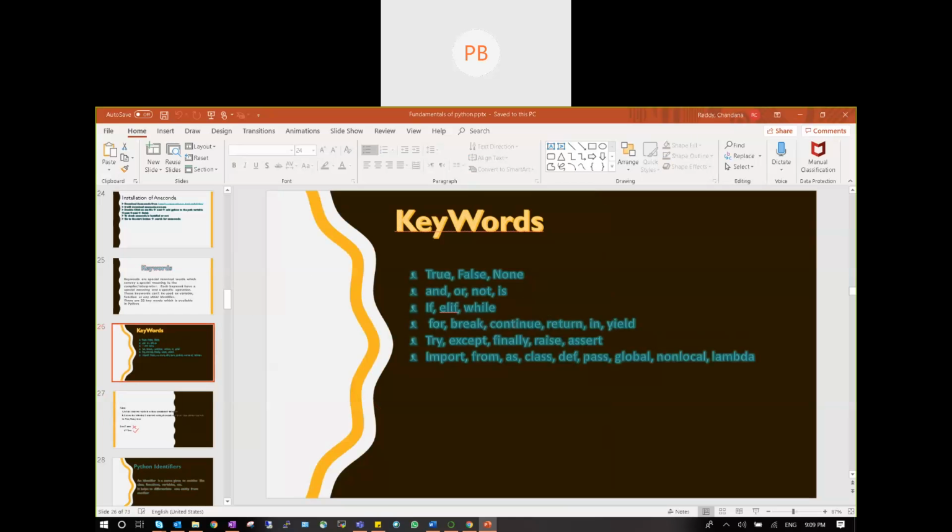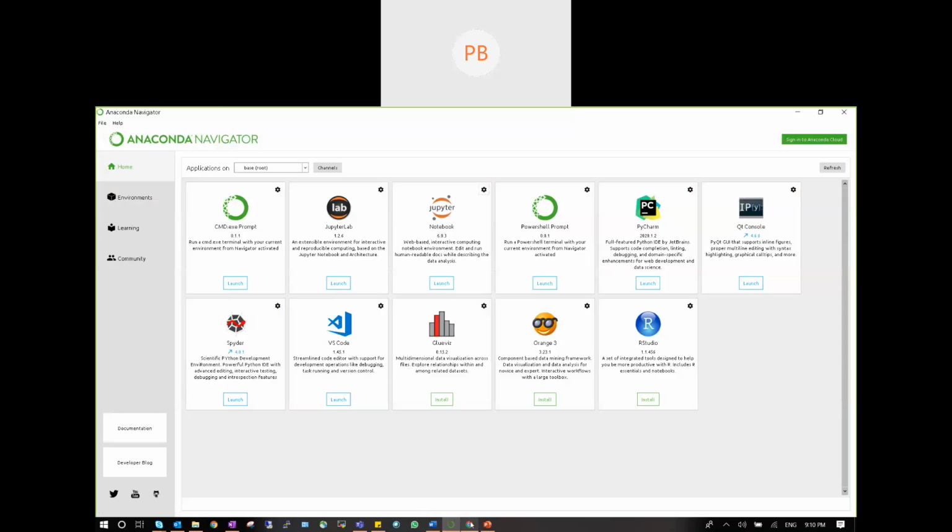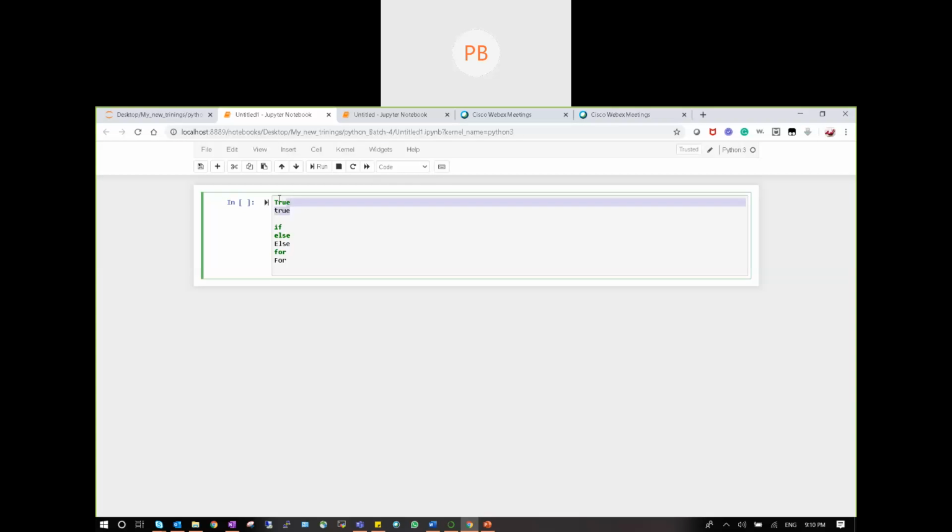And apart from these three keywords, no other keyword will start with a capital letter or uppercase. Except for the three reserved words, all contain lowercase alphabet symbols. That is True, False, and None. For example, you can give a is equal to True, but you are not supposed to give it in the other way. This is the correct keyword, this is the wrong keyword, as I have already explained. You can write True in this format, not in this format. Okay, next,